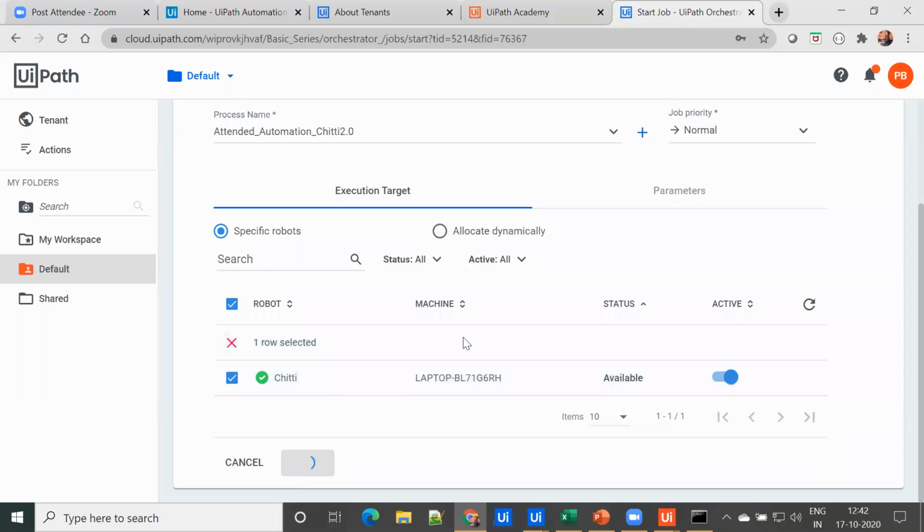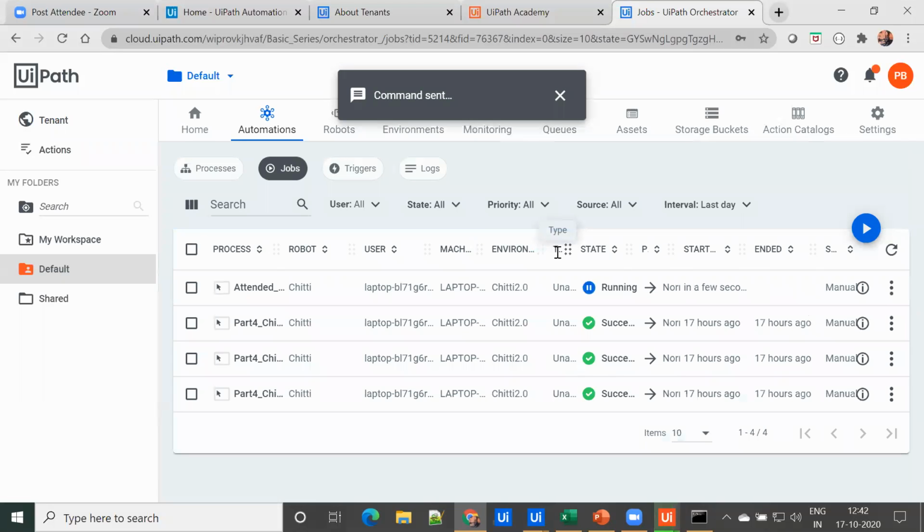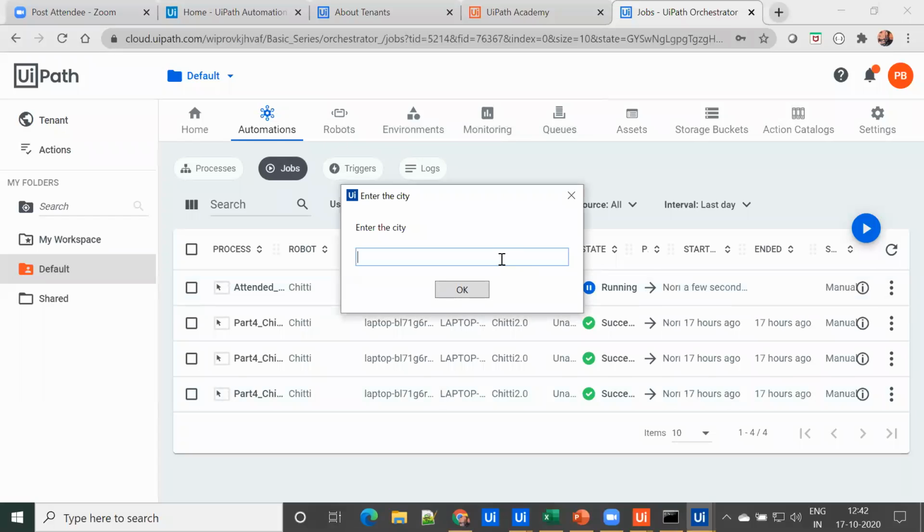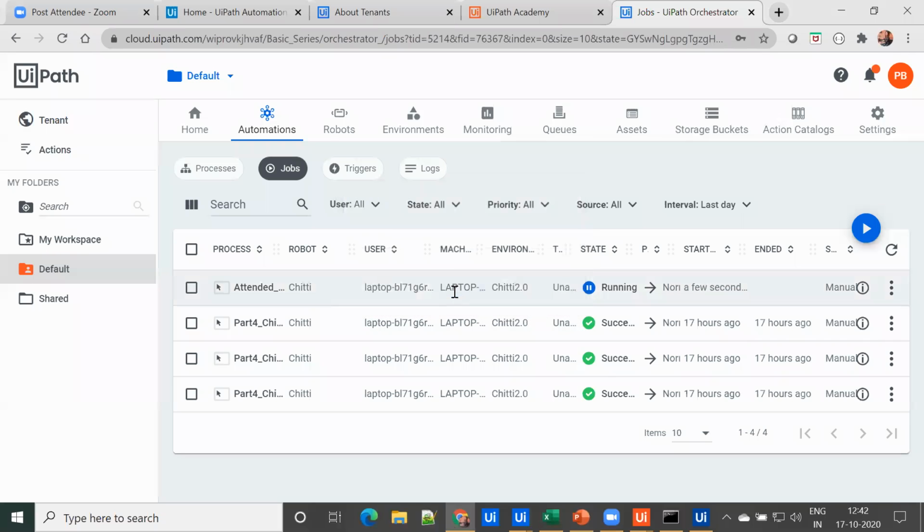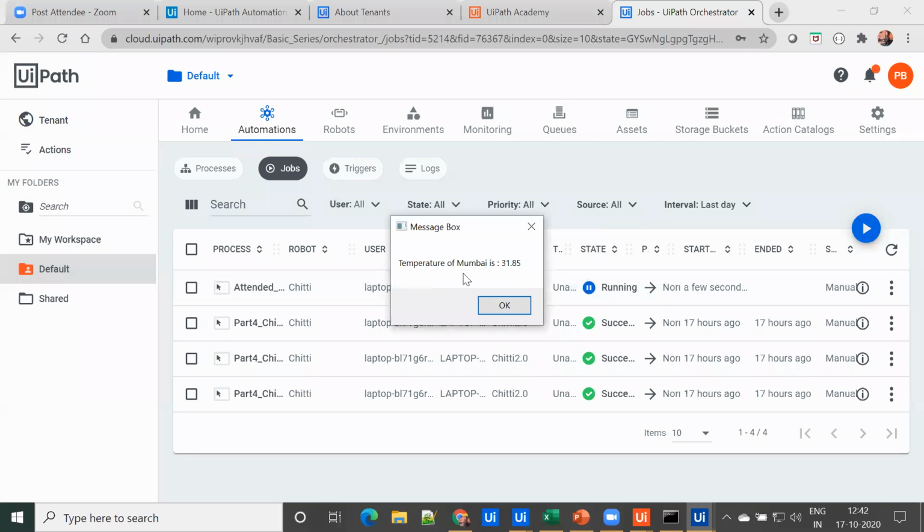Let's click on start. You can see that it is running. It is asking me to enter a city name. Let's say Mumbai this time. And here it is, your output. So the temperature of Mumbai is this. Okay.